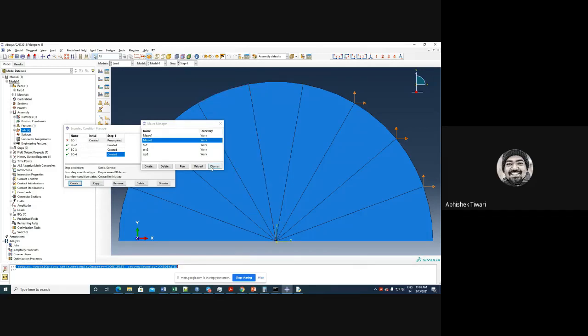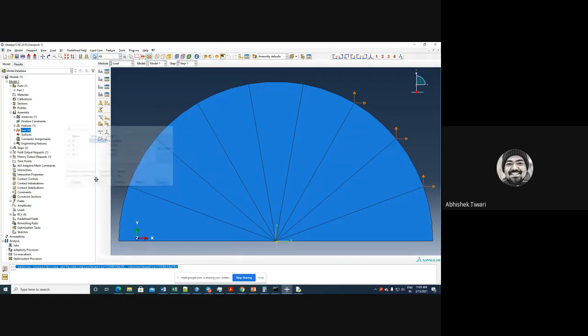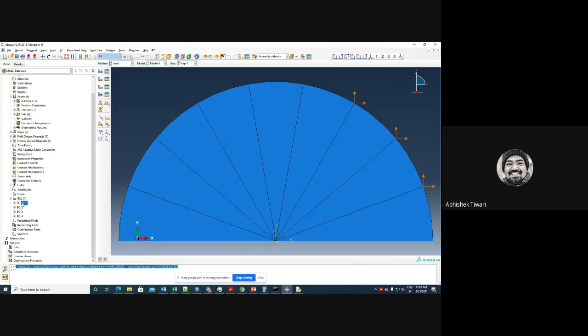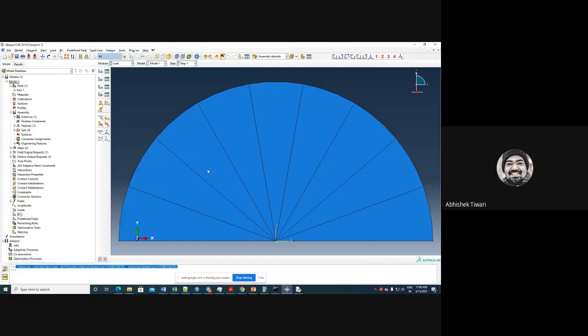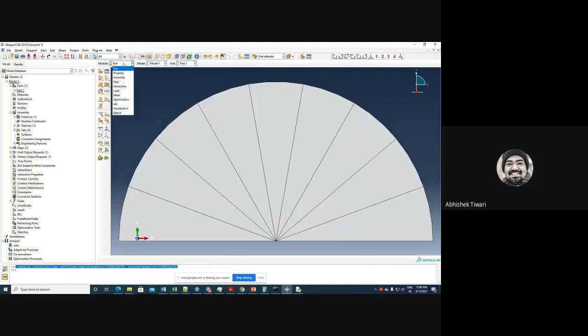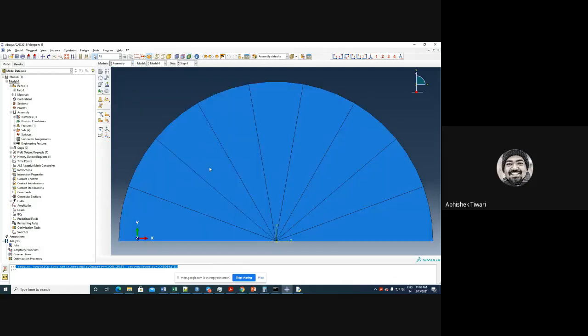Okay. So I have run these manual trials to get the code from the recording, how it is applied. Now I will delete all these. Cannot delete it like that. There, so I'll delete it from here. I was saying that before we apply boundary condition, we need to call this thing in the assembly. Okay, so in assembly, I have called this thing and I have made it independent.